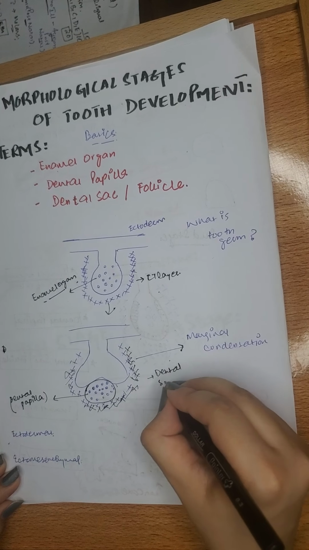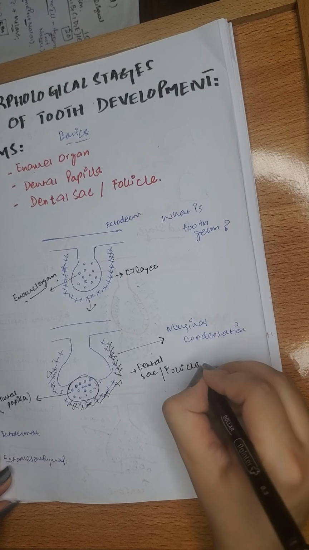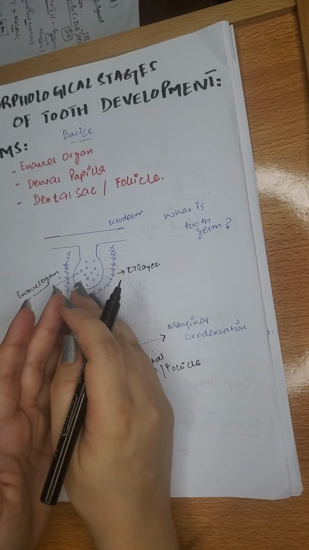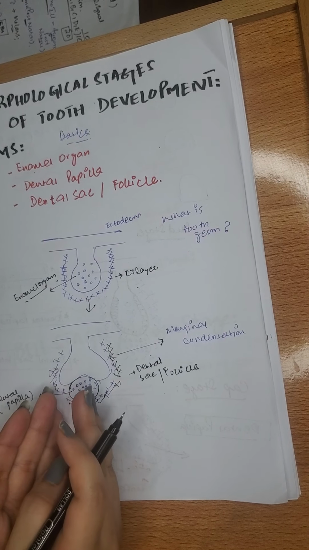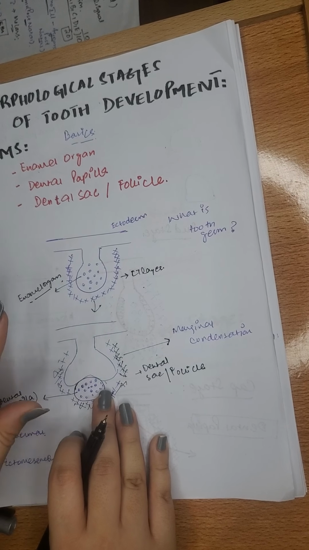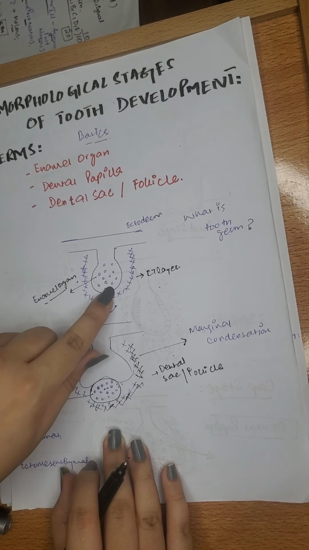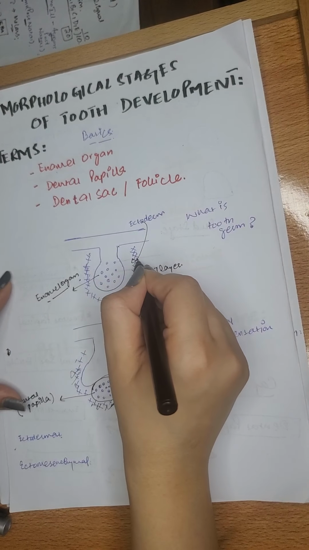Why a dental sac, and why a dental follicle? Dental follicle or dental sac. Why is it named a dental sac? Because it is enclosing the enamel organ and what? And the dental papilla. Alright, so we have studied the terms. It's a recap that enamel organ was the invagination of the ectoderm, and